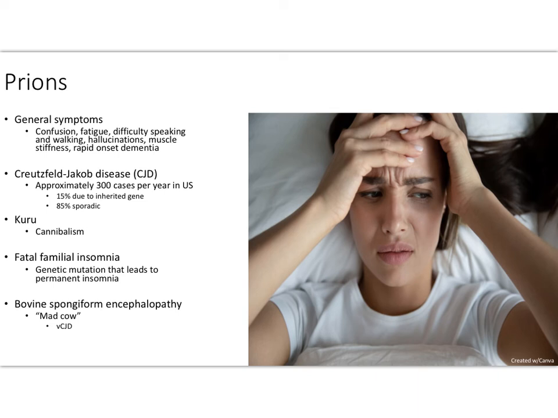There are some different specific symptoms depending on exactly what type of prion we're talking about. But in general, when someone is infected with a prion, they will start to become confused, they will start to have fatigue, they will have difficulty speaking and walking, etc. Because literally their brain is starting to fall apart, and so they start losing all of those functions that the brain was controlling. Now, there are more prions than this, but I've picked out the most common ones